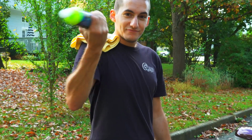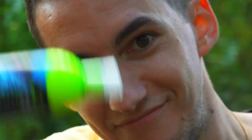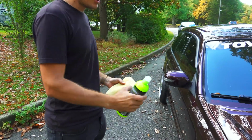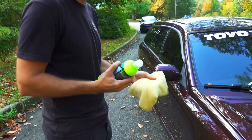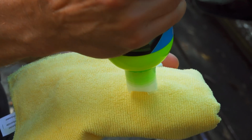Step 1. Step 2 is you're just going to be opening up the ceramic wax bottle, and you can put it on your car. If you have a pad, you can put it on the pad. We're just going to put it on a clean microfiber here. These are the Meguiar's microfibers. And we're just going to put a few drops on our